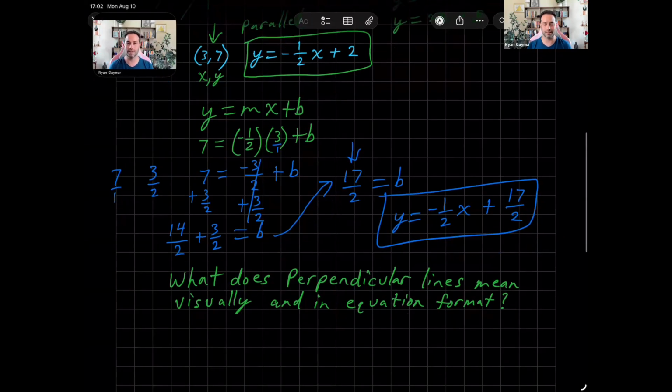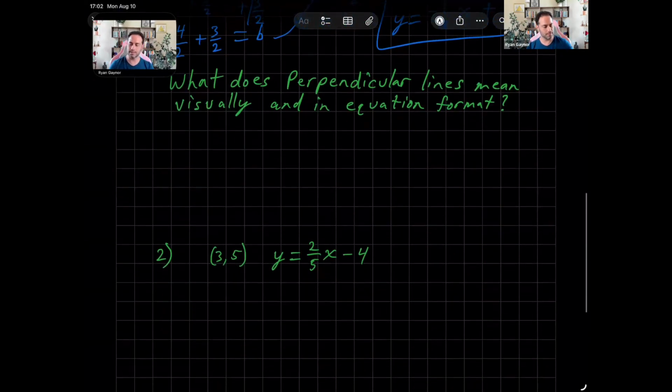Alright, let's move to the next example. The next example says, what does perpendicular lines mean visually and in equation format? Perpendicular means that we're forming a right angle, okay? So if you were to draw them, it's literally just going to look like this. So that's perpendicular. So for the equation format, it has to have what's called negative